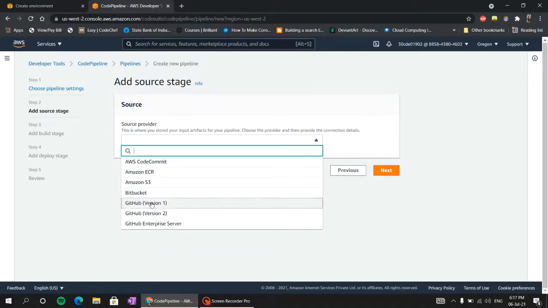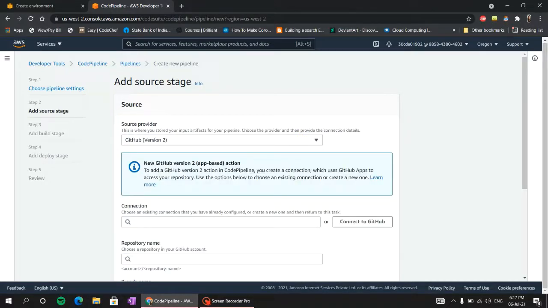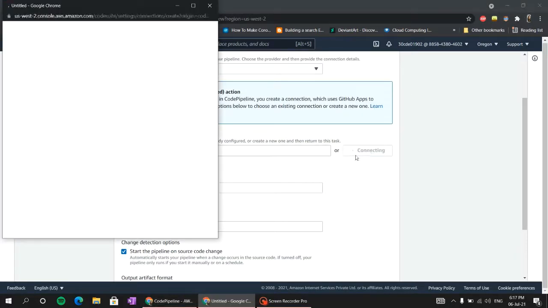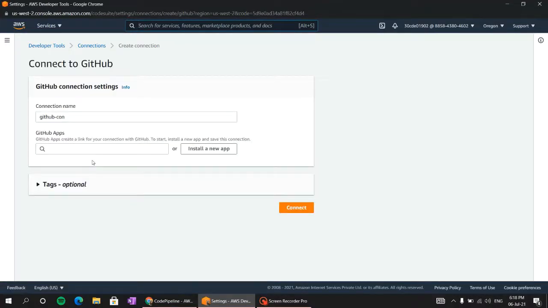Then the source provider will be GitHub. My code is already pushed into GitHub, so I'm just connecting to my GitHub. Here I can give any connection name and then connect. I have already connected to my GitHub, that's why it's showing my name here.